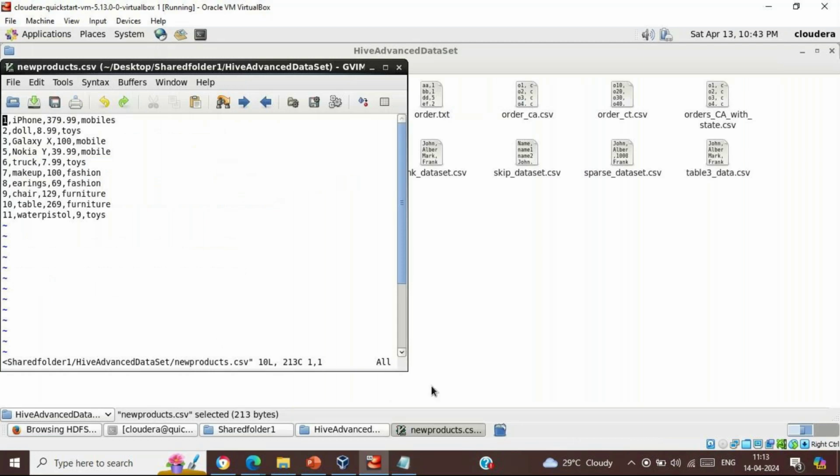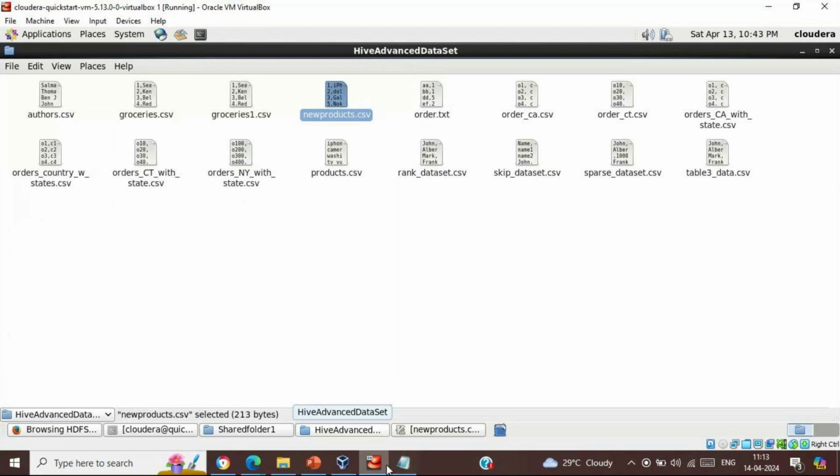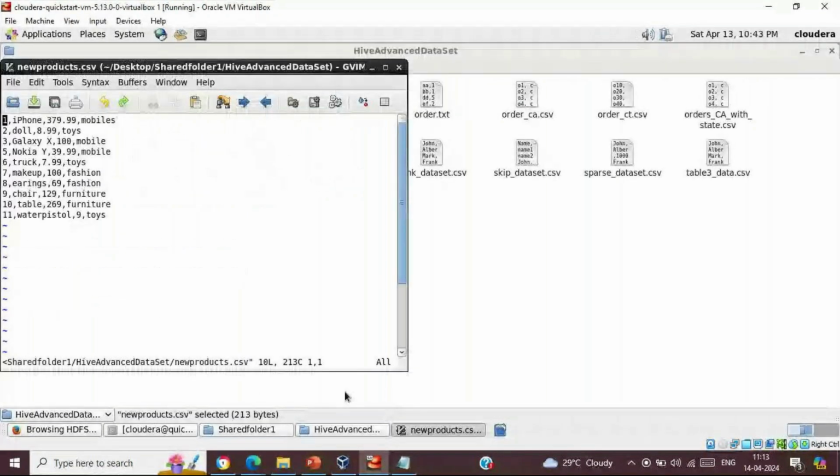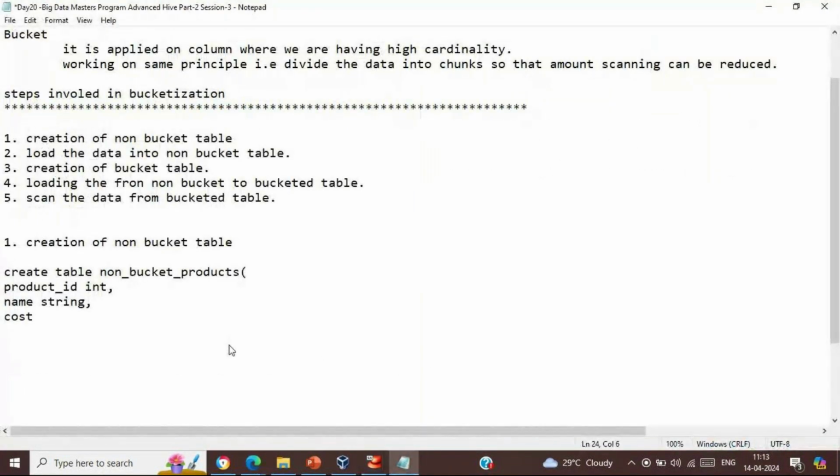Then we are having the name of the product, and that is of string type. Then we are having cost, that is of say double type, and then we are having category, that is of string type. Okay, perfect. So this is the schema of this particular table, and row format delimited,